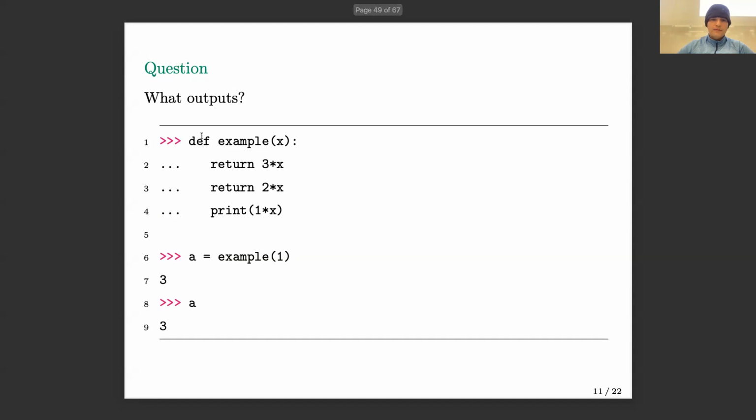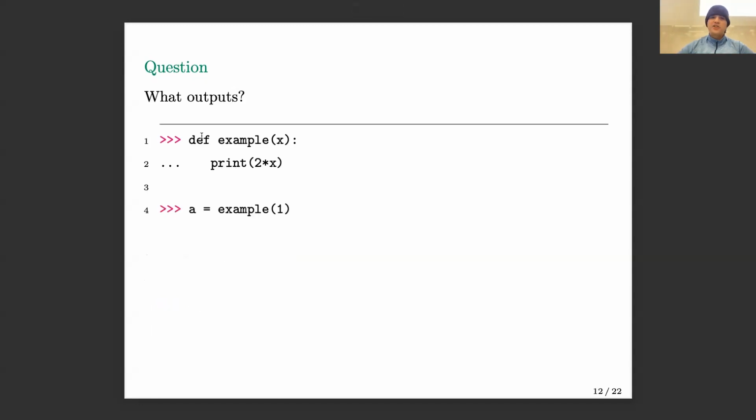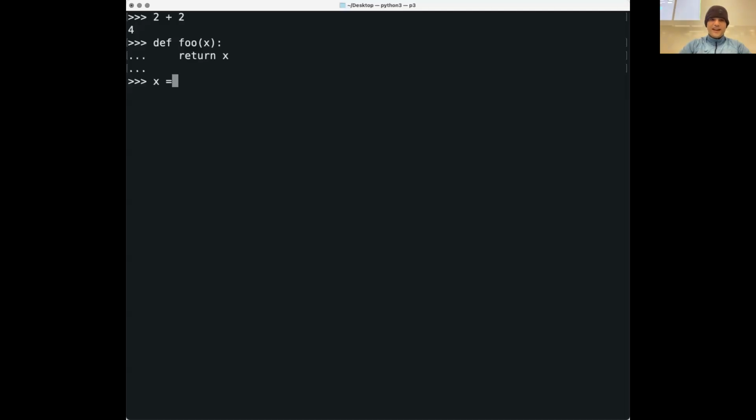Where were we? Were we here? No. Here? Okay, so here's a function. I remove the returns. So I'm going to set A to whatever example returns for 1. My question is, what prints and what returns? Yeah, it's certainly going to print something because there's a print statement in that function. So 1 gets passed to this function, so x becomes 1. Then we're going to print 2 times 1. So that prints 2, but what is the value of A? Yeah, None. It actually will just show nothing. And if I go into my REPL, A is equal to None.